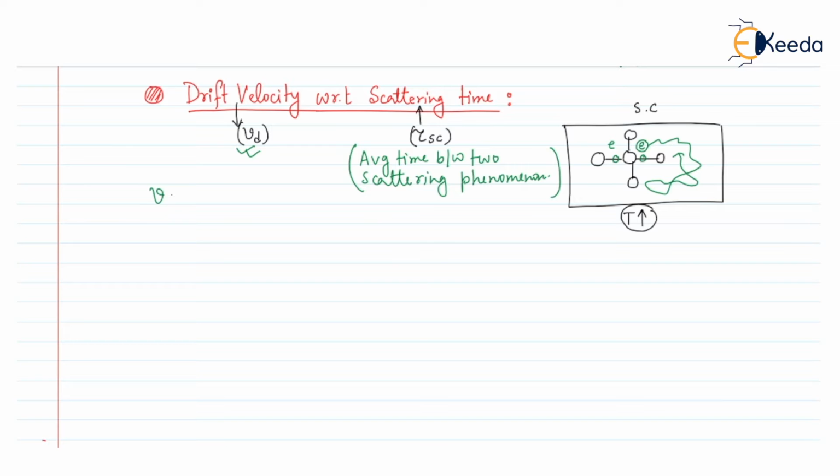So we can write that the drift velocity will be proportional to tau sc, and the proportionality constant comes as q into E divided by mn, into tau sc, where q is the electronic charge, that is 1.6 into 10 to the power minus 19 coulomb, and mn is the